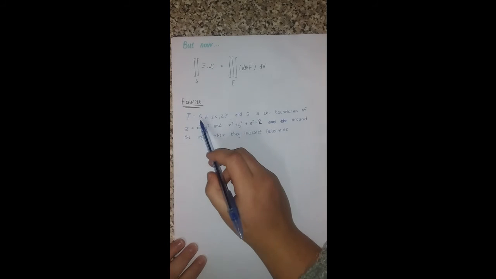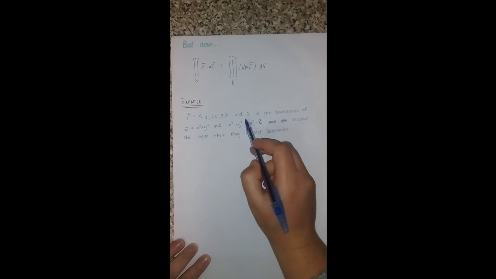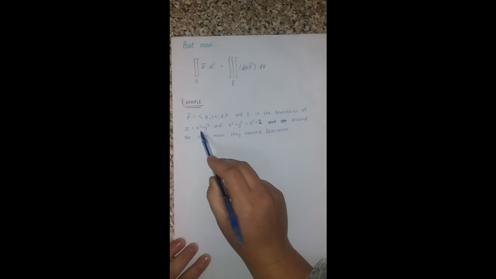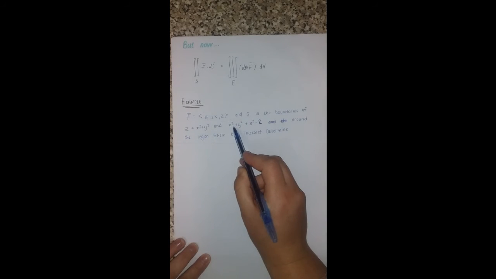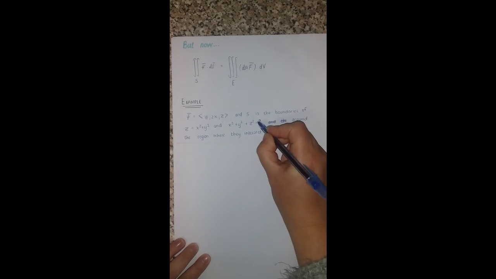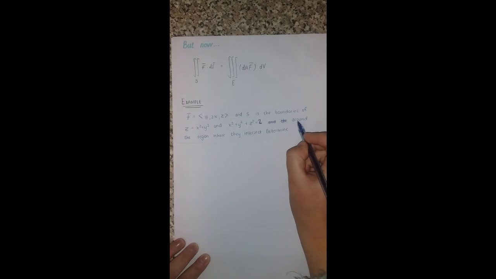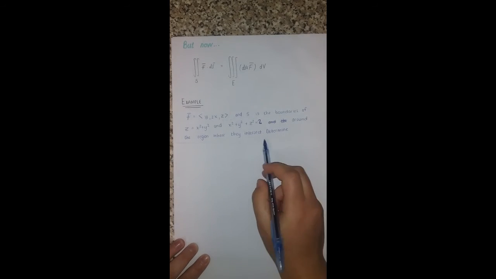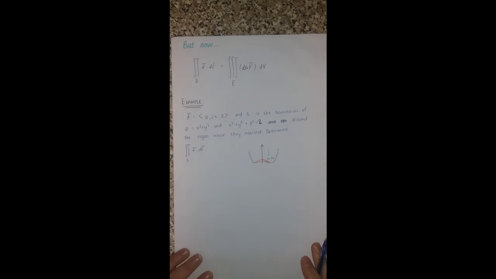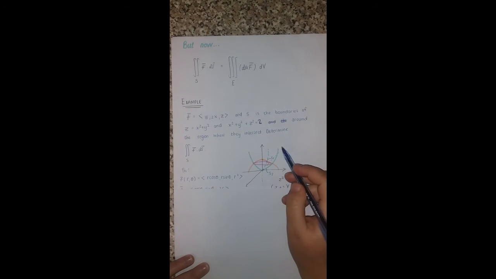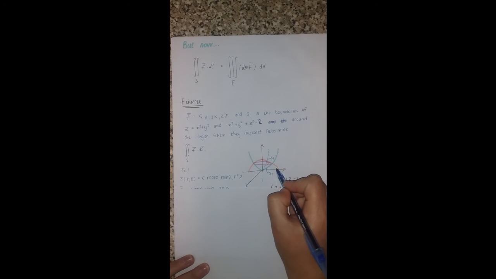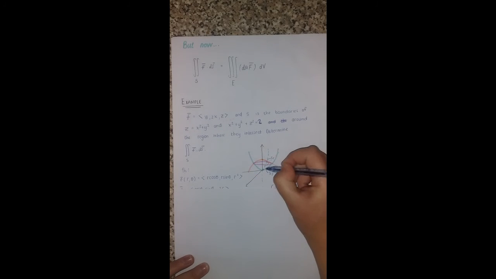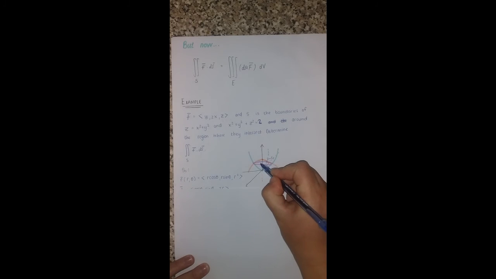So they give us our flux equation, and they say S is the boundaries of z is equal to x squared plus y squared, and x squared plus y squared plus z squared is equal to 2, around the region where they intersect. Determine the flux integral. Okay, so let's draw something for ourselves. So if you look here, this is basically what it looks like. So you have your sphere here, and you have your paraboloid, and inside here, this is basically where we want